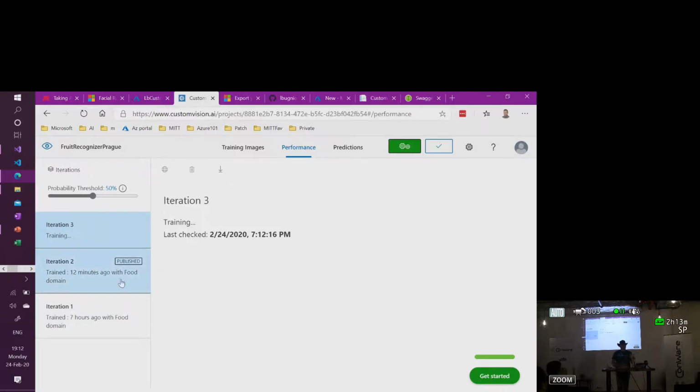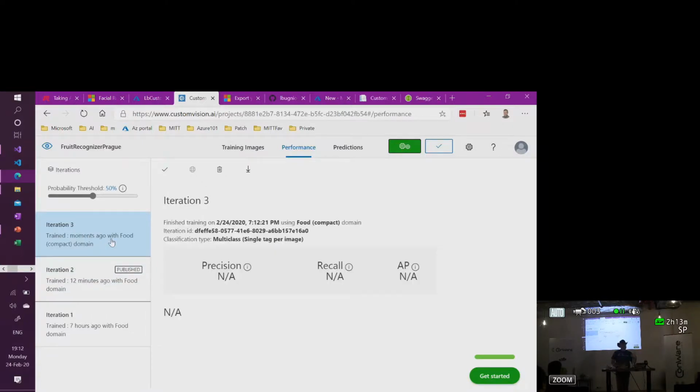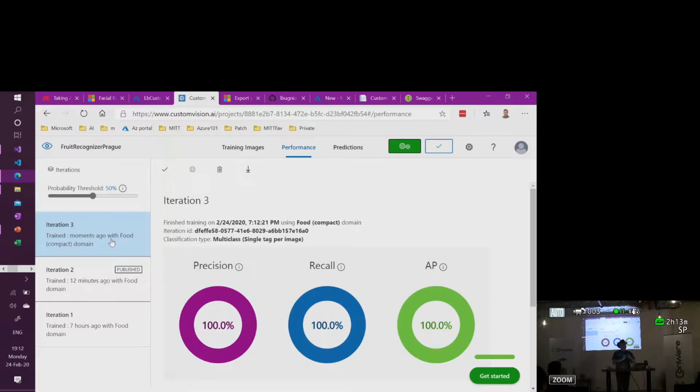Notice that iteration number 2, which is using the full domain, is still there. That's the one I'm going to use online. Iteration number 3 is going to be way smaller. It means that it will be less accurate. But the good thing is that the model is going to be so much smaller that I can export it,